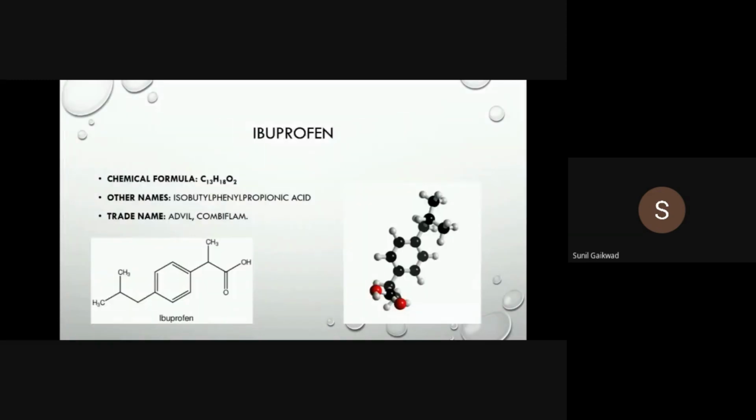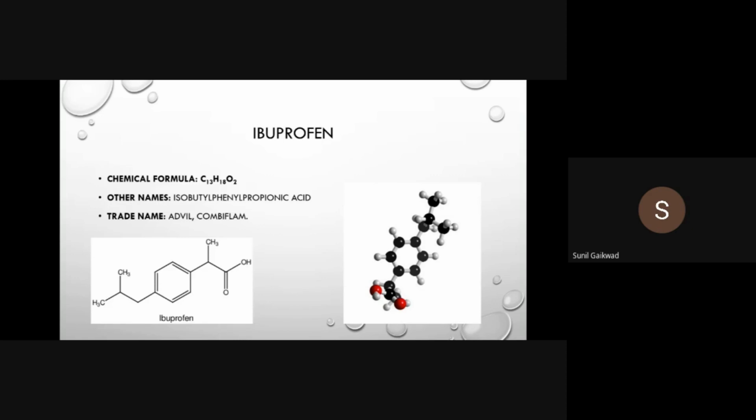So our first drug is ibuprofen. Its chemical formula is C13H18O2. The first picture is its planar structure, and the second picture is a three-dimensional structure. You can see a benzene ring, and its other common names include isobutyl phenyl propionic acid. You can see a propionic acid on the right side, then we have a phenyl and isobutyl group attached to